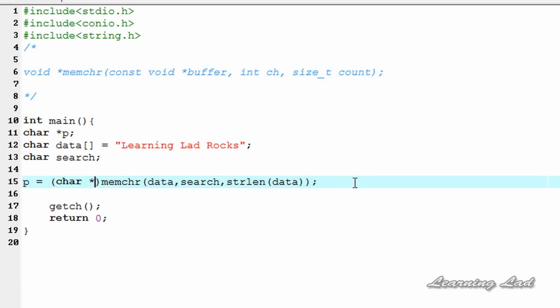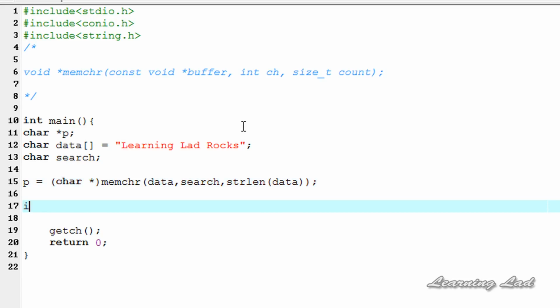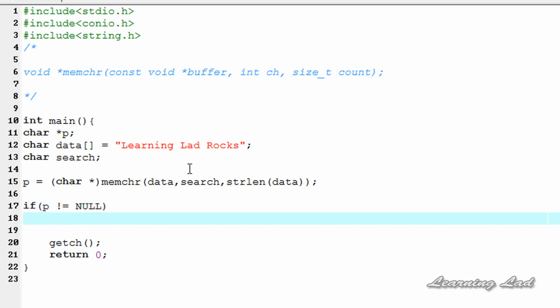Okay, this is it. The next thing that we're gonna do is check whether the character we specified is present in the string or not. If that character is not present in the string, this memchr function is gonna return a value of null. So we're gonna check that. I'm gonna use if p not equal to null, then it means that the character is present. We're gonna print out the string from that character. I'm gonna explain that when I run this program. So it's gonna be p here,